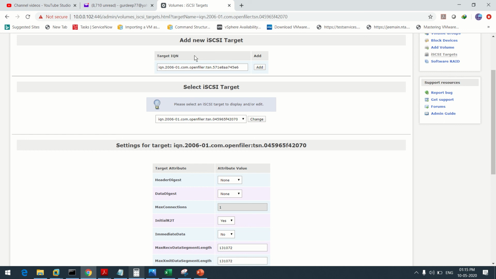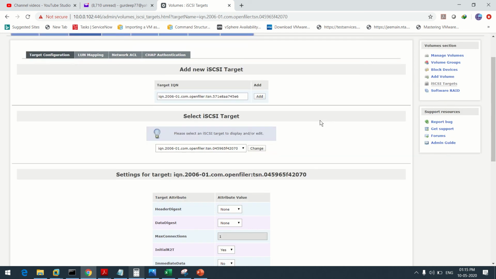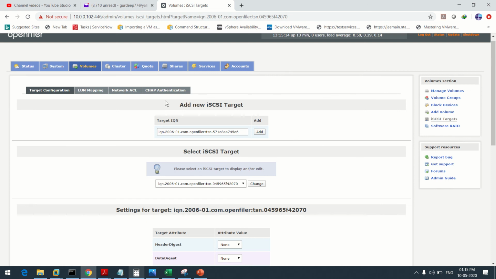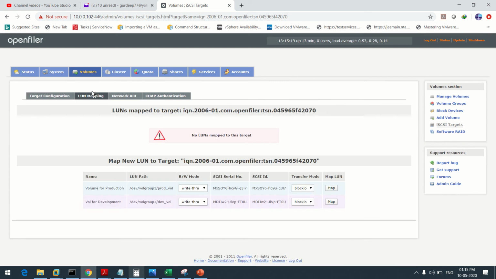So now we have created one iSCSI target. So this target name ends with 2070. So just remember 2070. LUN mapping. Now see, we have got two volumes, your prod volume and dev volume.